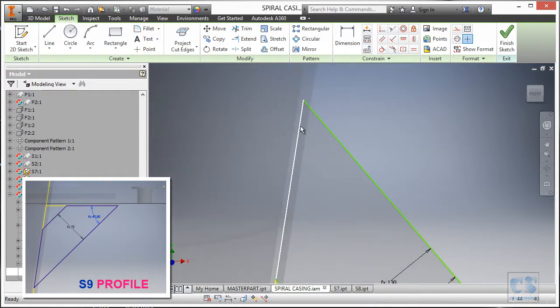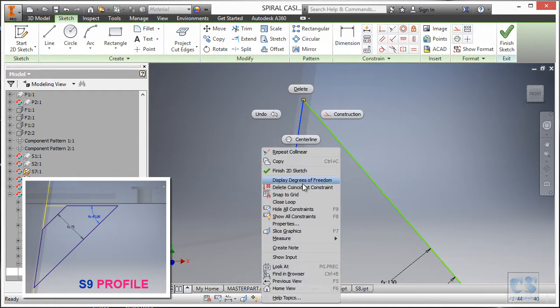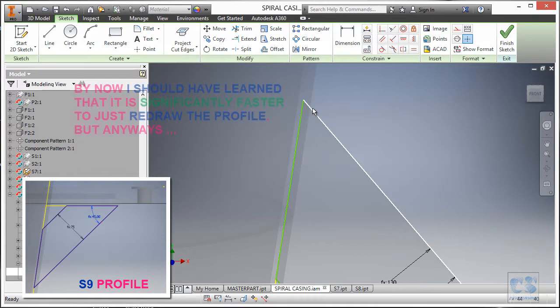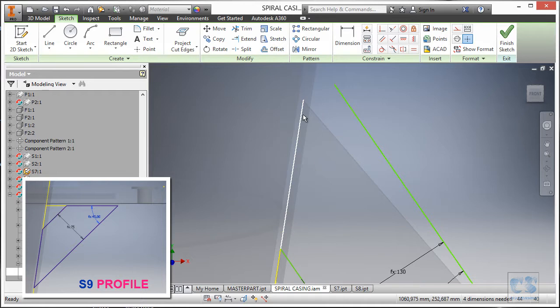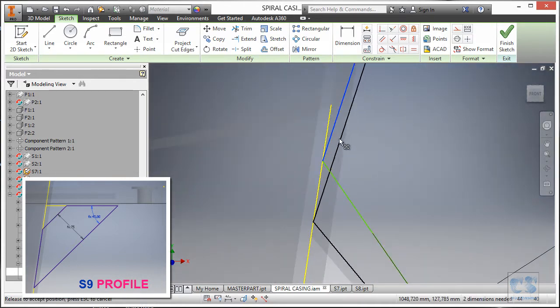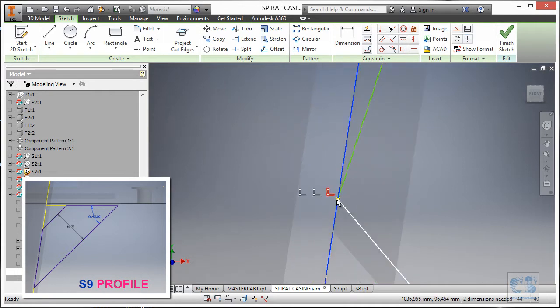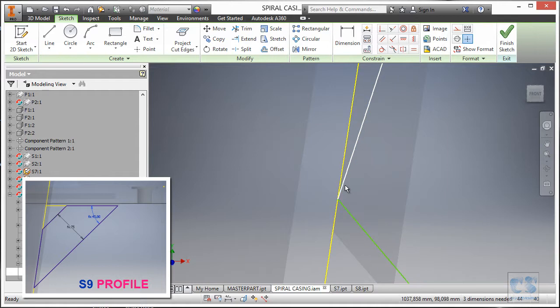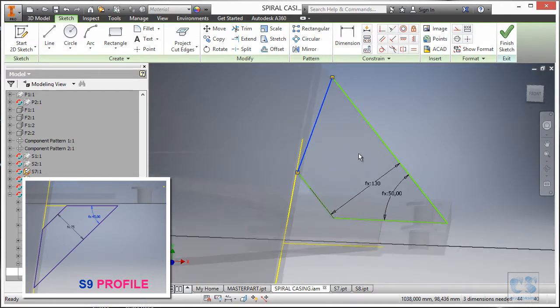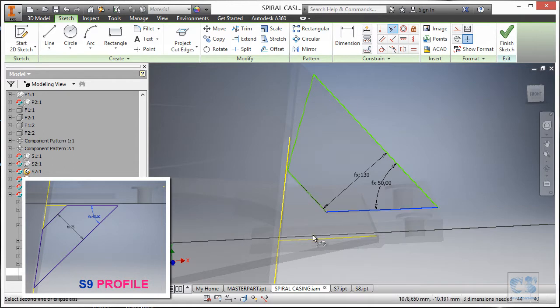So we have to first remove the non-necessary constraints. So delete consistent constraint here, and we can move this edge freely. This one not yet, so like so. This endpoint can move. I will just reconnect this to that, and in this side I still have one constraint with this, so this one or this. Right click and delete. Now let's try to move this again. Okay, now it's working, and I will try to connect this to this now. So still not working.